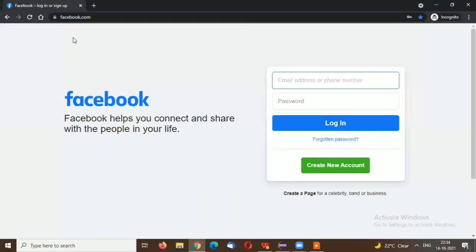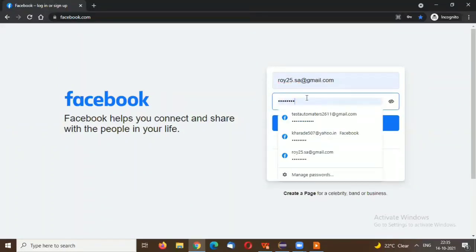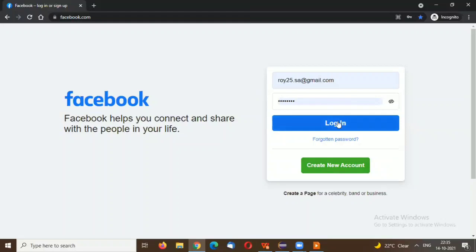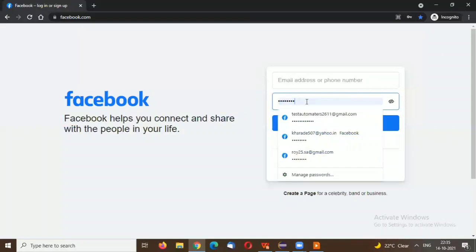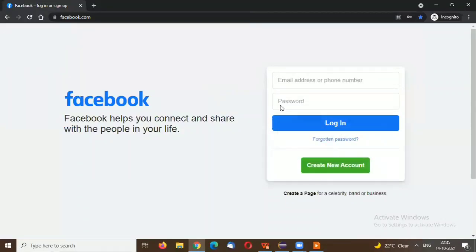If we want to log in with facebook.com, we have to find this element first. Manually, we open facebook.com, then enter the email ID or user ID and password, and then click on the login button to log in. In the same way, we have to find this text box for email ID or phone number, then find the password text box, and then click on the login button. So first of all, we need to find the elements.